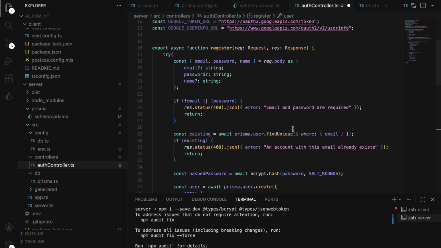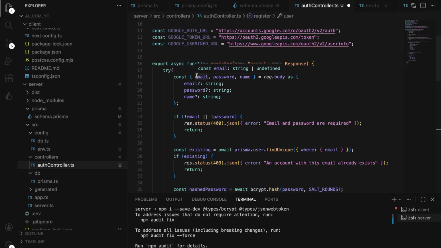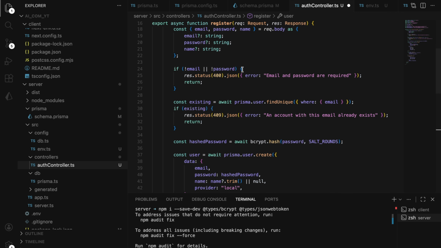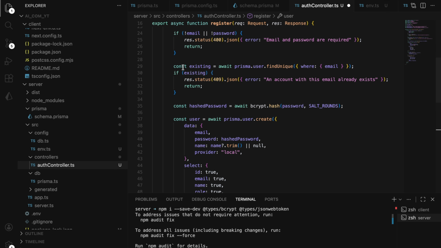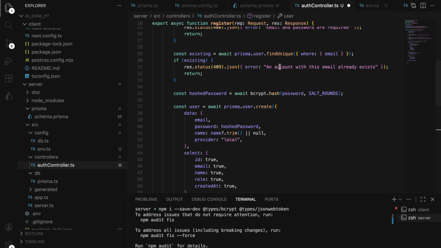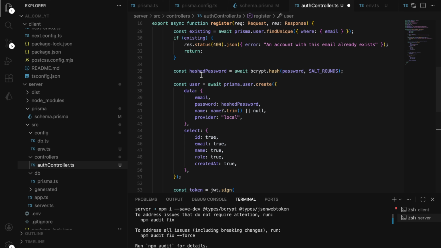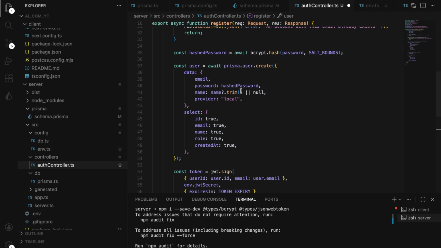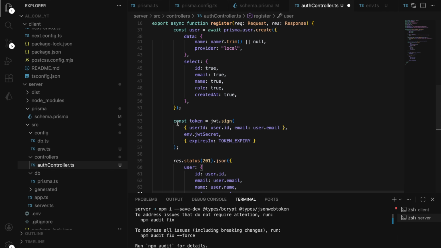So I'll just explain one more time. We are getting email, password, and name from our request body. We are checking if those exist. If they do not, then we are going to throw this error. If we have the email, then we are going to check if we already have that user in our database or not. If we have, then we are going to throw this error. Otherwise, we are going to hash that password and then create the user,